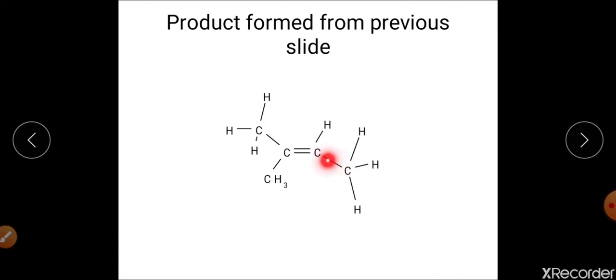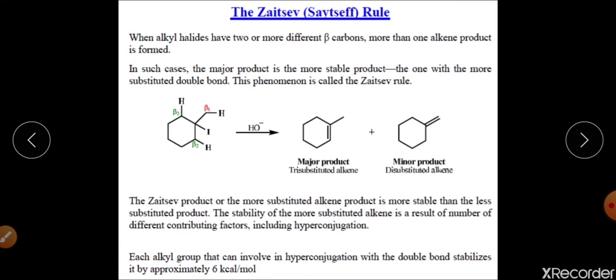So in that case, these two carbons will bear the positive charge. At that time it will have only a single substituent, so we can say that that particular alkene will not be stabilized, but this alkene is stabilized. The reason being, this is the carbon, this is the carbon, and all these carbons contain hydrogen, right? So when we talk about the hyperconjugation effect, it will have more hyperconjugative structures, and because of that this particular alkene will be stabilized. So this will be the major product at that time, right?